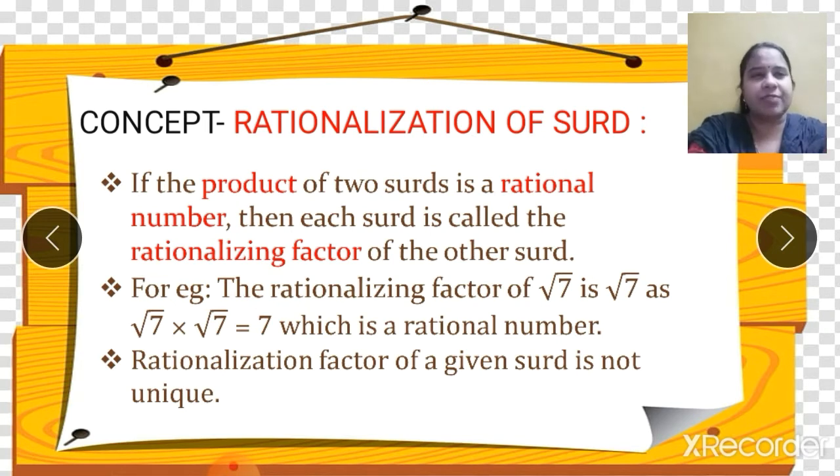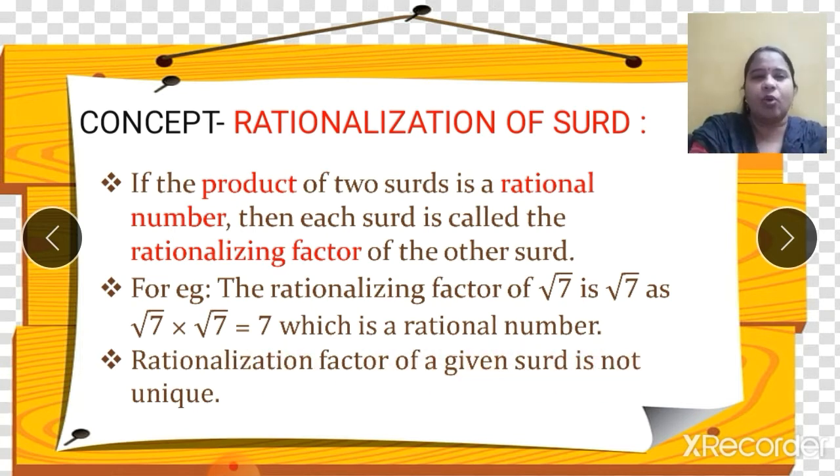This is a basic definition: if I take the product of two surds and I get a rational number, see, root 7 into root 7 is 7, I get a rational number, then each surd is called a rationalizing factor of the other. Correct? Now I hope you have understood the word rationalizing factor. It's as easy as the product of those two surds. If I get a rational number, then it is called a rationalizing factor. Right? The next point is